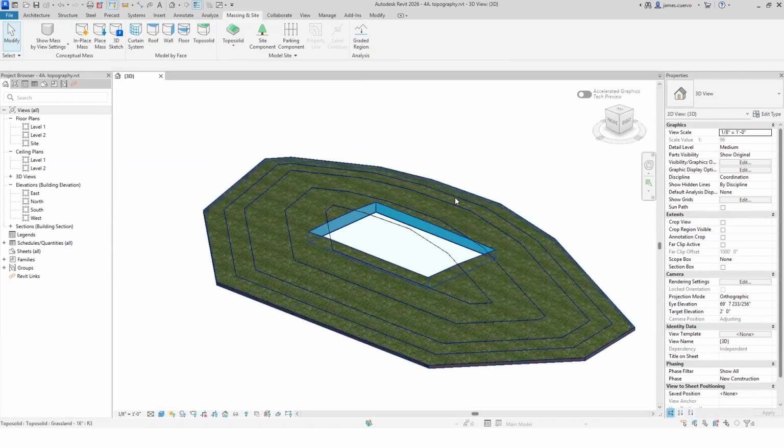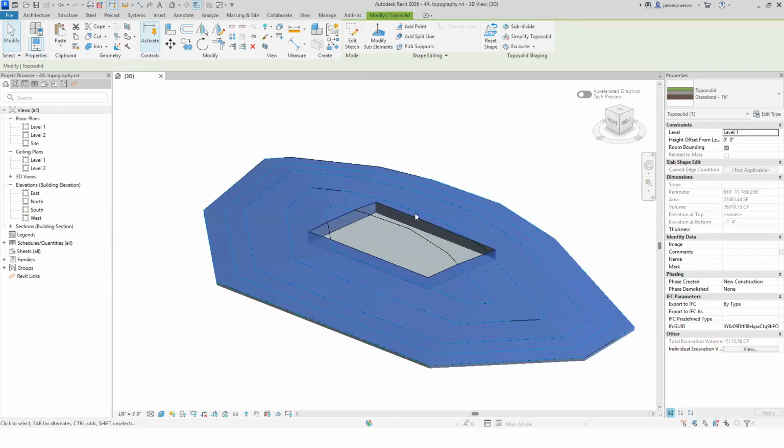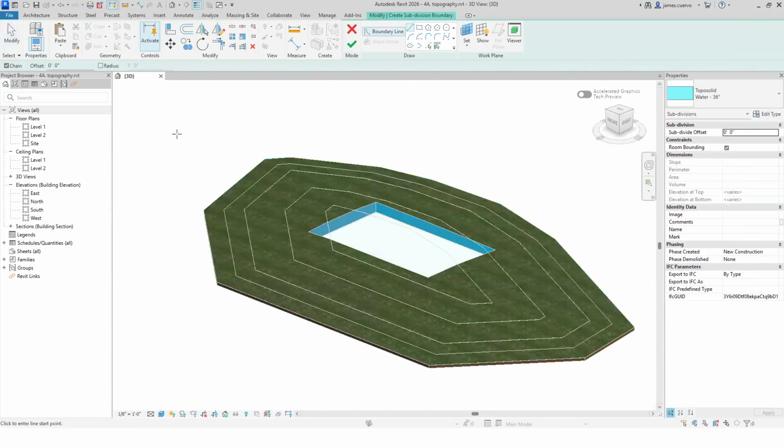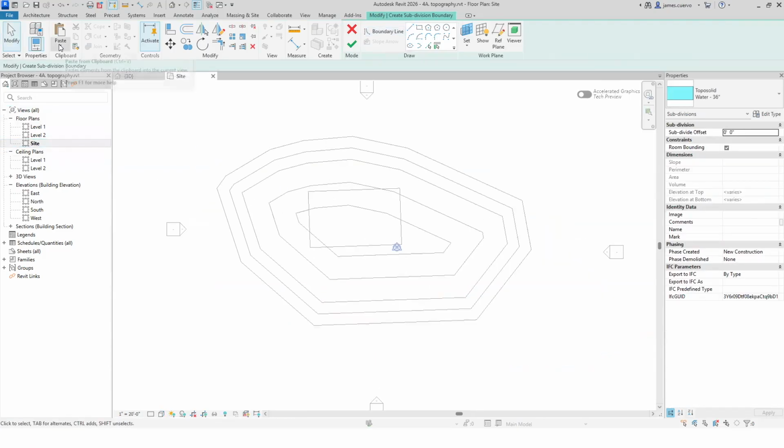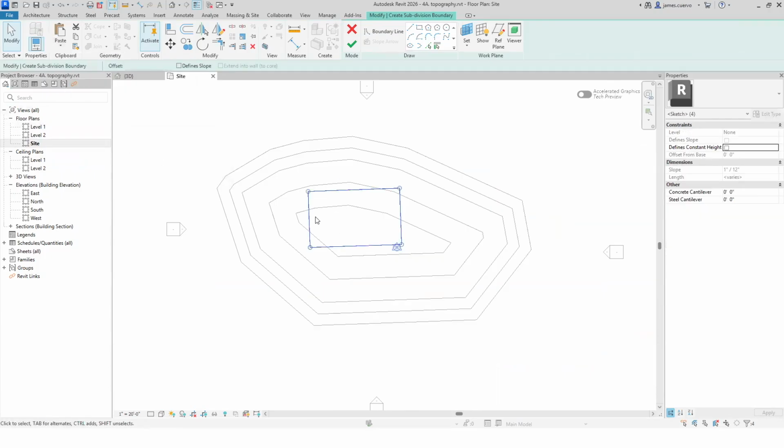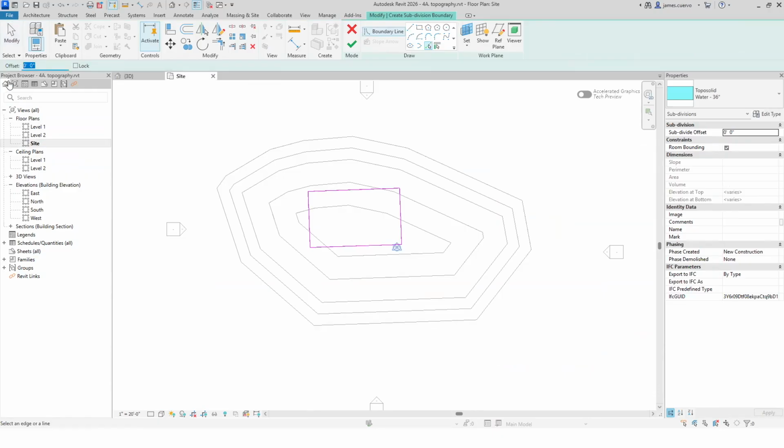Now, remember, we took the actual perimeter of the pool and copied it over to the clipboard because at this point, we're going to use it to do another subdivision. I'm going to switch over here to the site plan top view, and paste those 4 objects that we had earlier. Align to current view, and there they are. Now that I've got that in there, I'm going to say select, and I'm going to give it a 6-foot offset in order to create my deck,